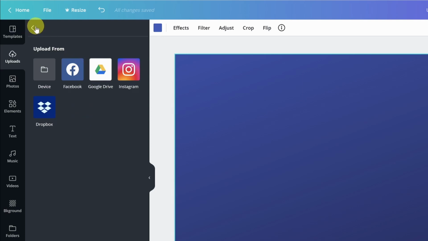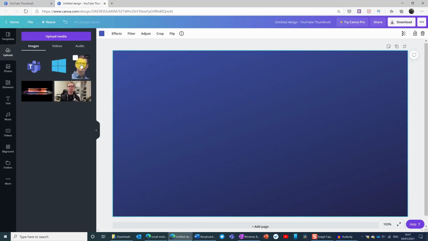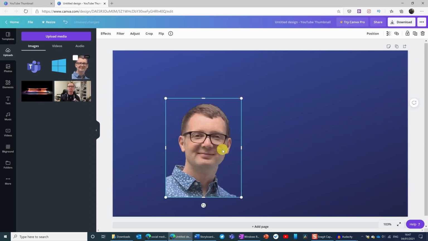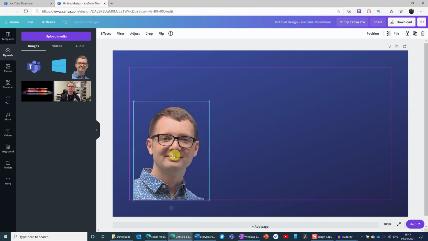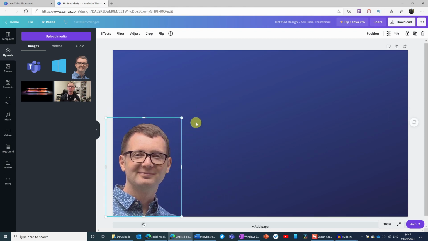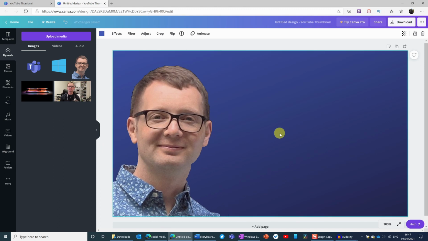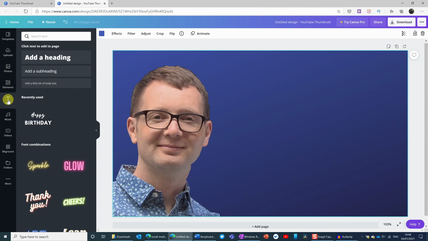I have an image already uploaded from the local device, and all I have to do is drag it onto my canvas here. So I'm just going to position it. I'm going to position it down in the bottom left-hand corner here and resize it like this. So the next thing is to maybe add some text elements to the thumbnail. So all I'm going to do here is click on text on the toolbar, and again, of course, we've got